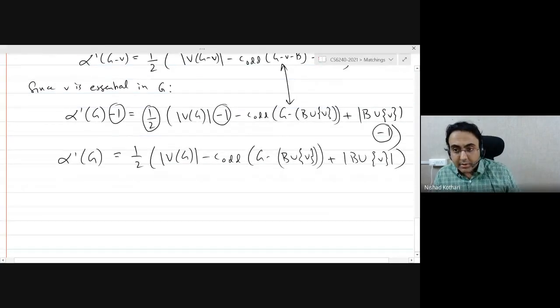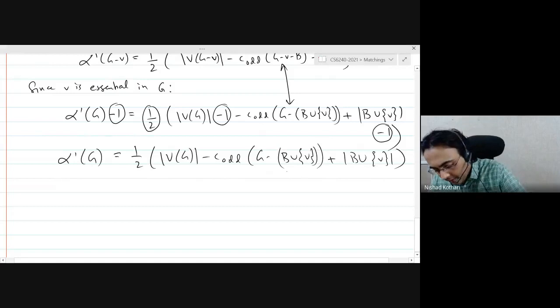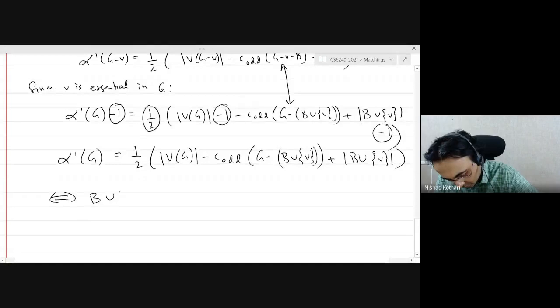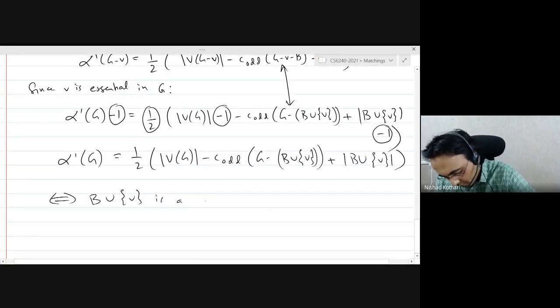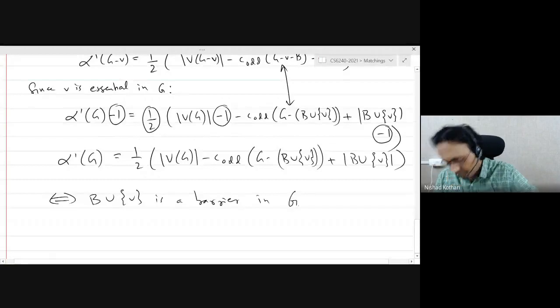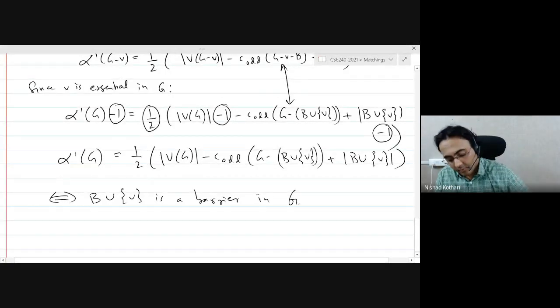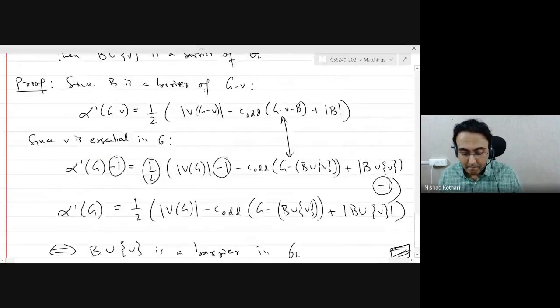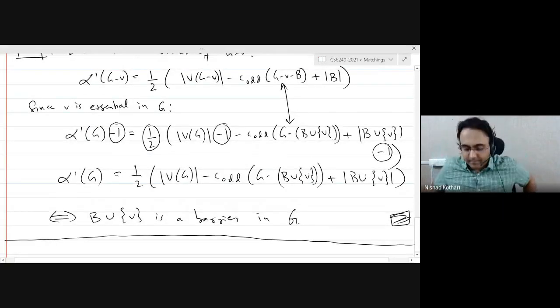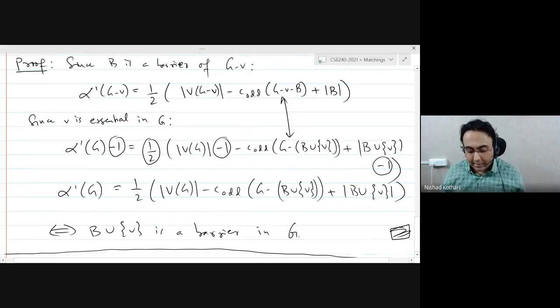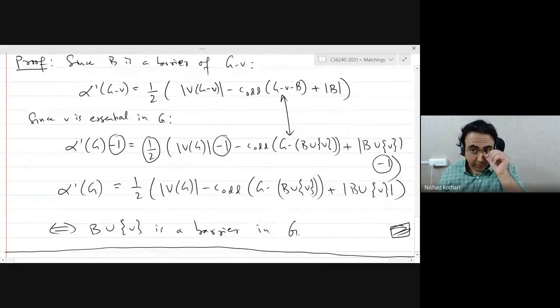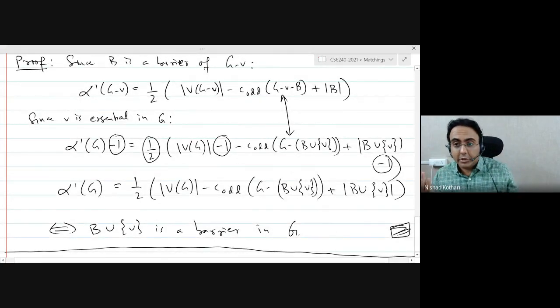And what this means is that the set B union V is a barrier in G. Okay, not particularly enlightening, just a bunch of equations being modified, but it works out. So when you have an essential vertex, then all of this just works out, and you can just include that vertex and you will get a barrier in the original graph.